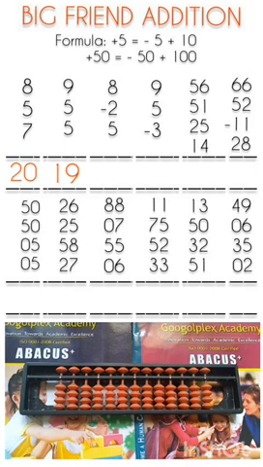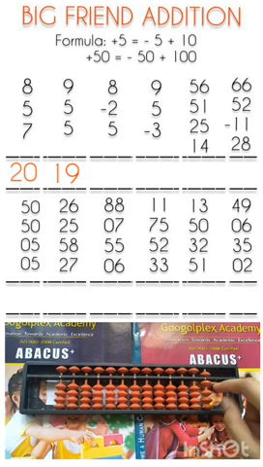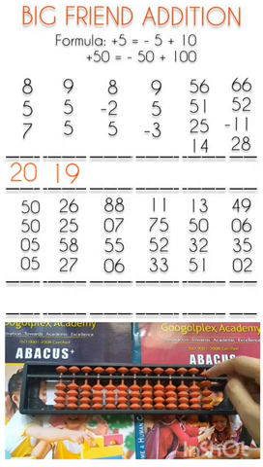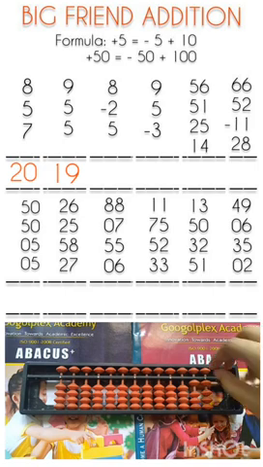Now, question number 3. We have to solve 8 minus 2 plus 5. First number is 8. Now subtract 2 from it. Done. Now add 5. Yes, not possible directly. Again same thing, minus 5 plus 10. Answer is 11. Yes, 11 is our answer.